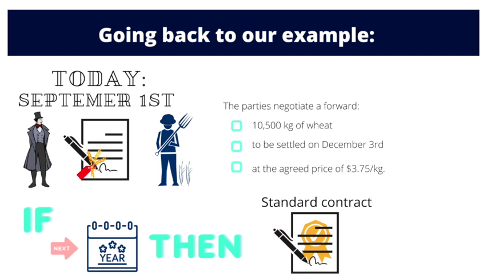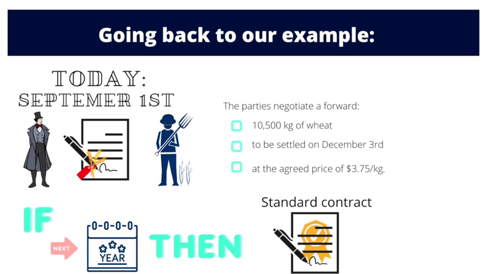A producer and a buyer of wheat agreed on the following forward contract on September 1st to deliver and receive 10,500 kilograms of wheat on December 3rd with an agreed price payable on December 3rd of $3.75 per kilogram. If the following year they wish to repeat a similar transaction, but instead of using a tailored contract such as